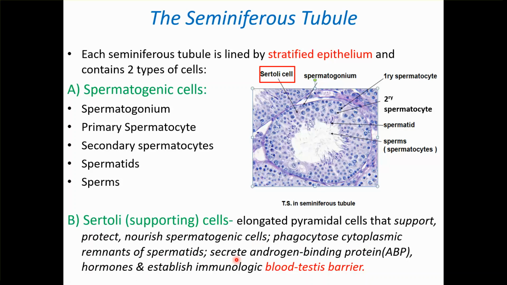Then they secrete androgen binding protein (ABP) and hormones, and they establish the immunological blood-testis barrier. Okay, so the Sertoli cells are very important, and they are the supporting cells helping to nourish the sperms over here. Moving on,